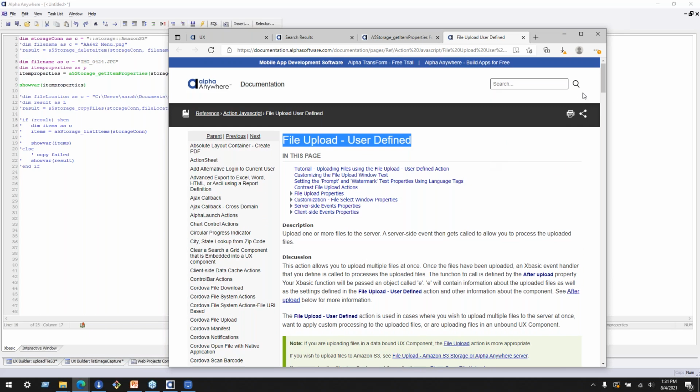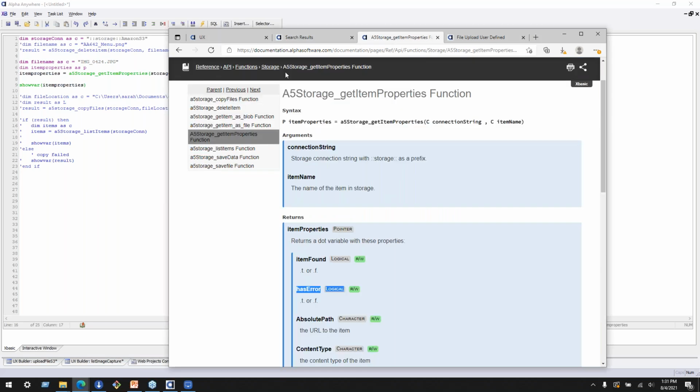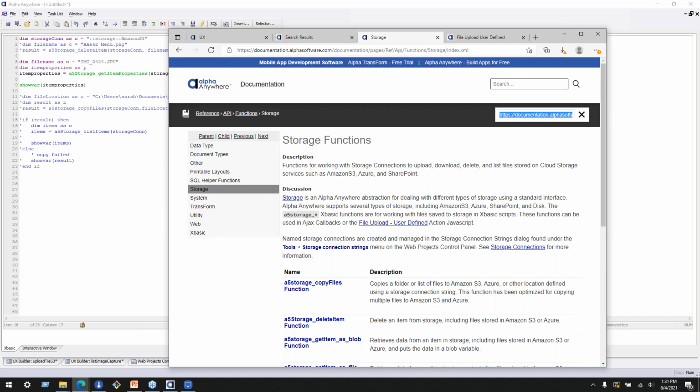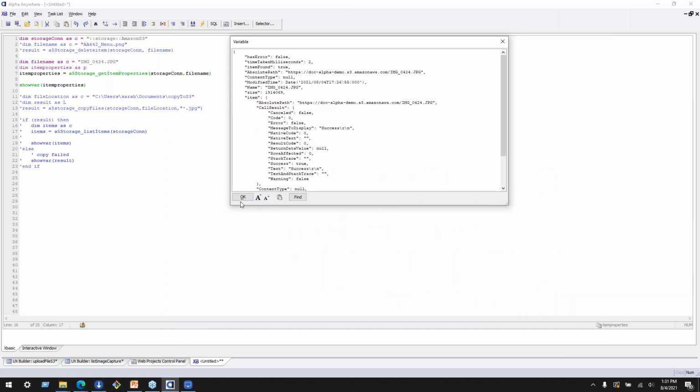So I'm going to put some information here in the chat for you guys to go look at this. Oh, that's questions. That is not. There's chat. There we go. And also this storage connections page and documentation. This is for the Xbasic. But that action,